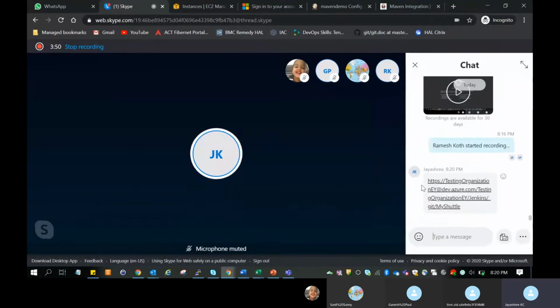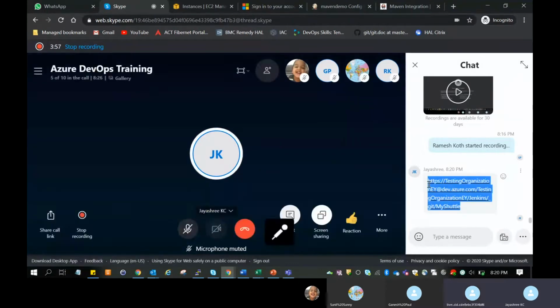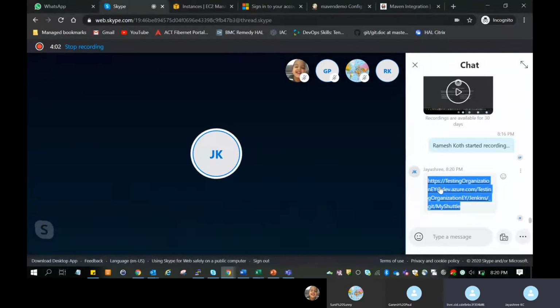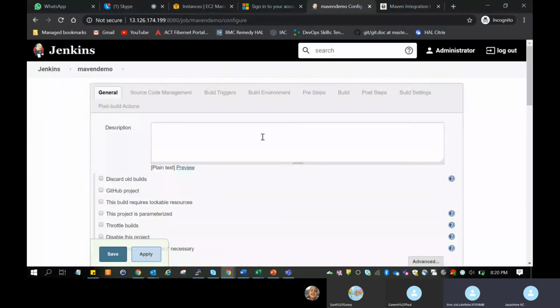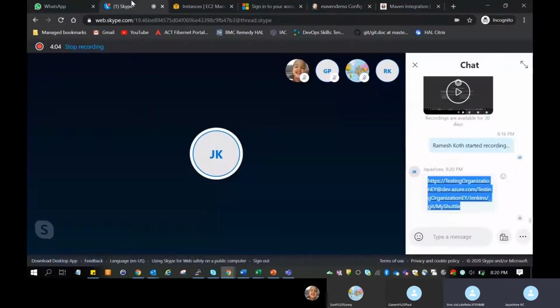Pipeline hyphen .NET Core project. So this is the project which has the Java code in it. Okay. I'll give you the credentials as well.